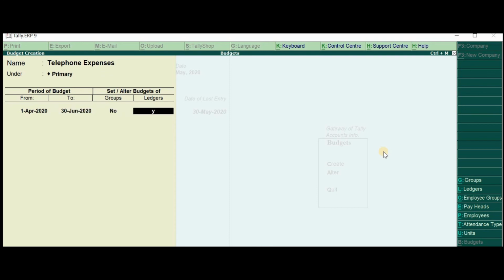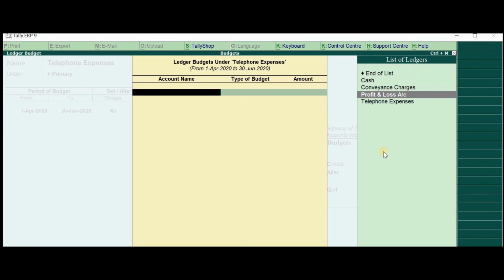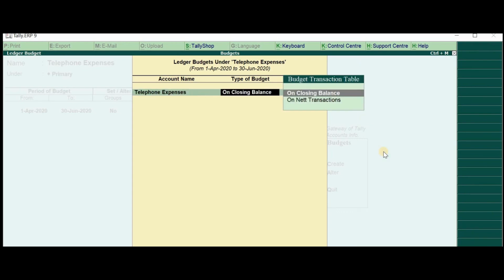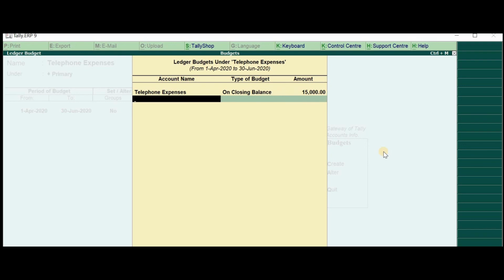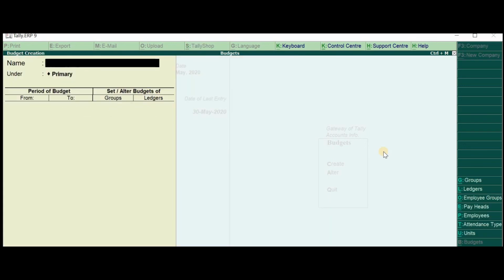I will only take ledgers, and here I will take telephone expenses on closing balance. That means what should be the closing balance of telephone expenses. Let us take the closing balance as 25,000 for 3 months, which is pretty good. Let me reduce it a little, it's too much. Yes, 5,000 per month. So just save it.